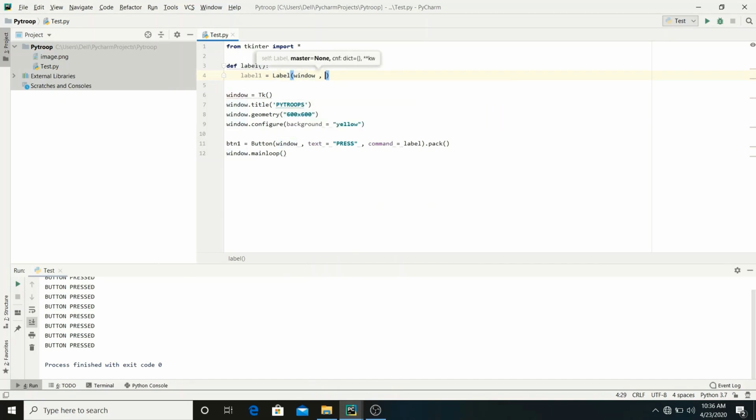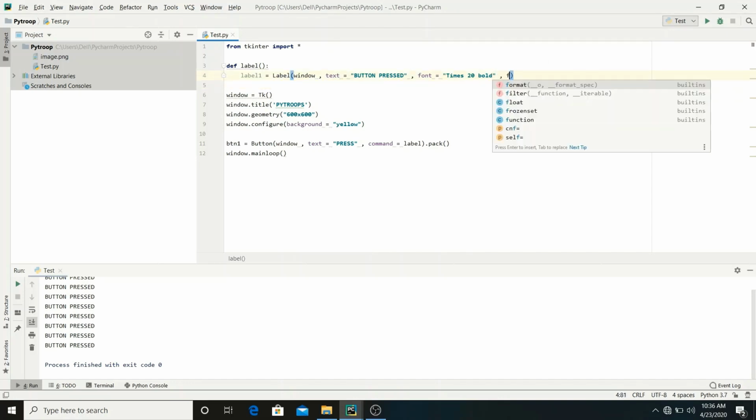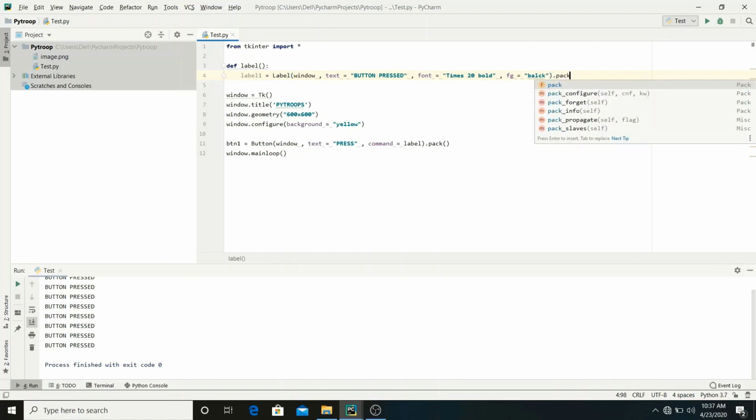So window, comma, text is equals to, let's say, button pressed, and let's say we want font is equals to Times, size should be 20, and we also want bold effect. So this is our label. Let's just change the color also. So foreground color of the label is, let's say, black, and just quickly pack it, label.pack.